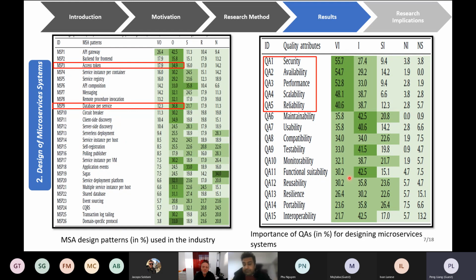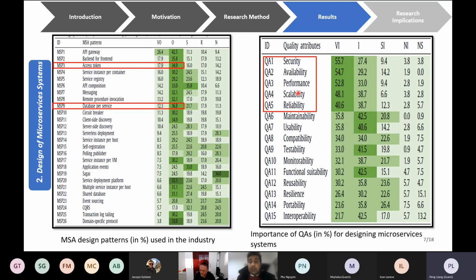Similarly, regarding the importance of quality attributes, the majority of results indicate that security, availability, performance, scalability, and reliability are the most important quality attributes. Again, in the paper, we also recorded several reasons for each one. For example, why security is important. They said microservices are distributed applications, so this is very important